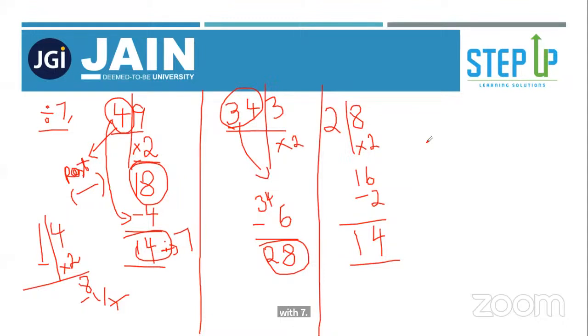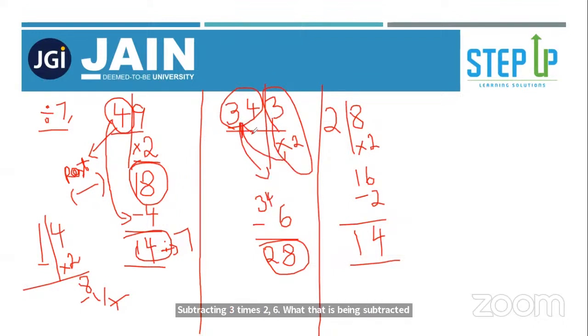Jean Baptist, are you asking whether 36 is divisible by 7? Subtracting 3 times 2 is 6, right? That is being subtracted from this number 34. Clear with that? Yeah, you can do it as a negative answer, it doesn't matter at all. If this is minus and this is plus, it doesn't matter. It is divisible, that's it. Our work is to find whether it is divisible. Whether you get it positive or negative, it doesn't matter at all. That's why I have not taken it.